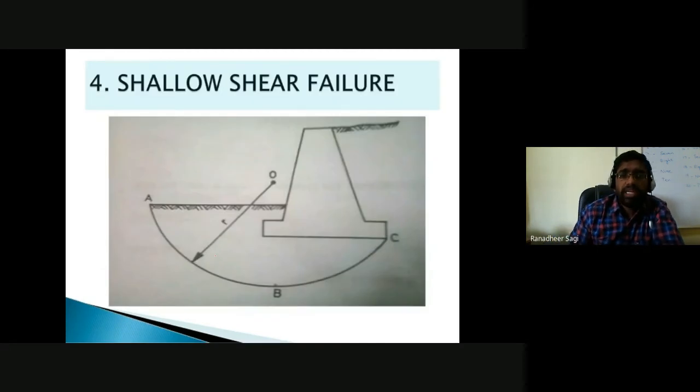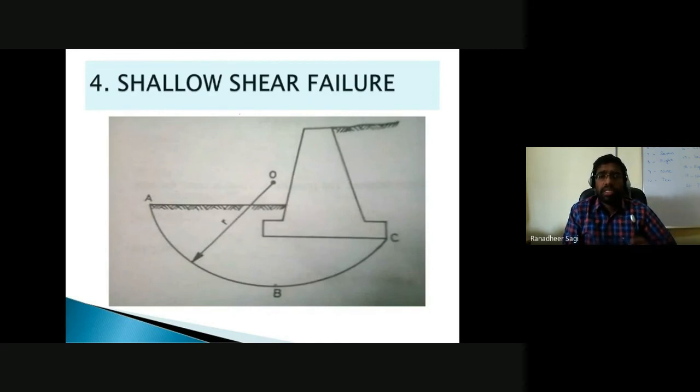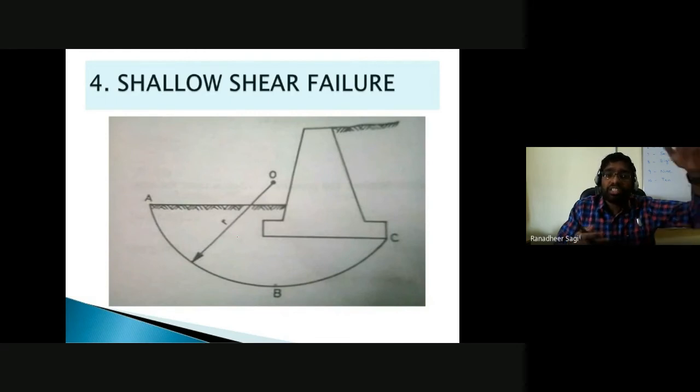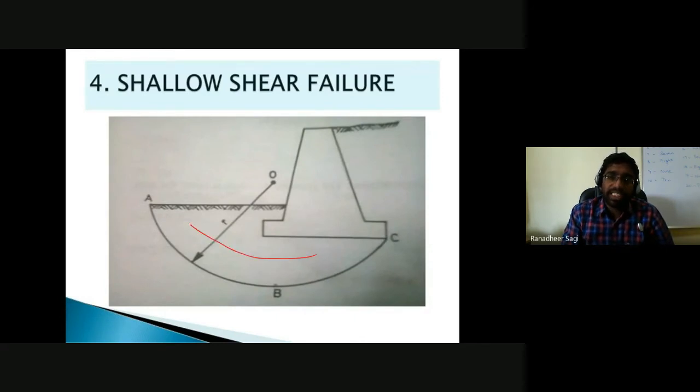And next, subsequently, the shear failure. Shear failure could be of two types, as I mentioned. It could be shallow shear failure or deep shear failure. What does this shear failure mean? Soil below the retaining structure would start getting sheared along some failure surface, because of which the particles start relatively getting displaced. Soil particles would start getting displaced onto one side, and they would start getting deposited onto one particular side.